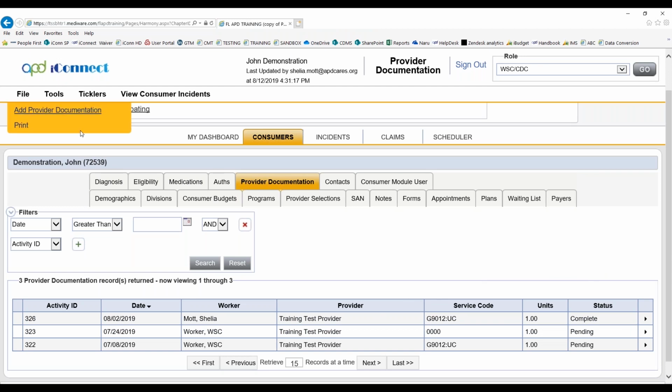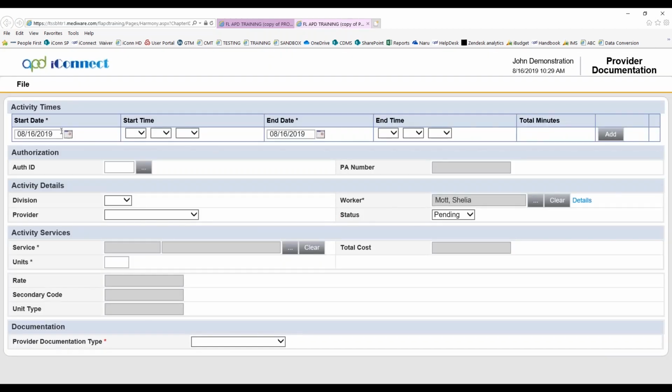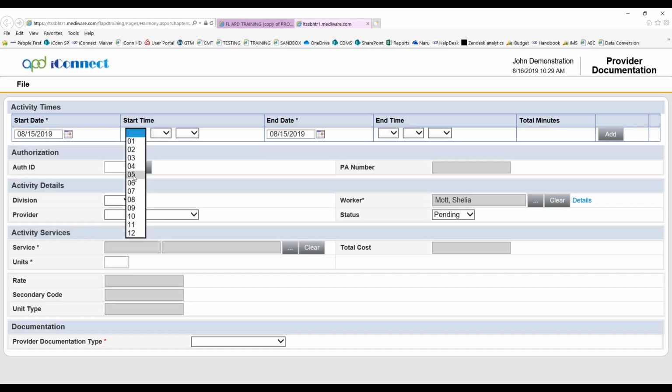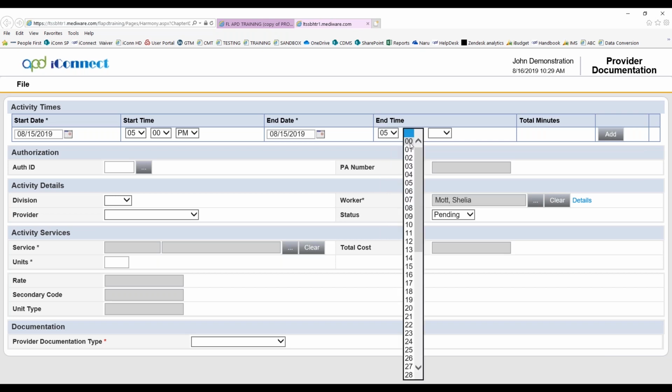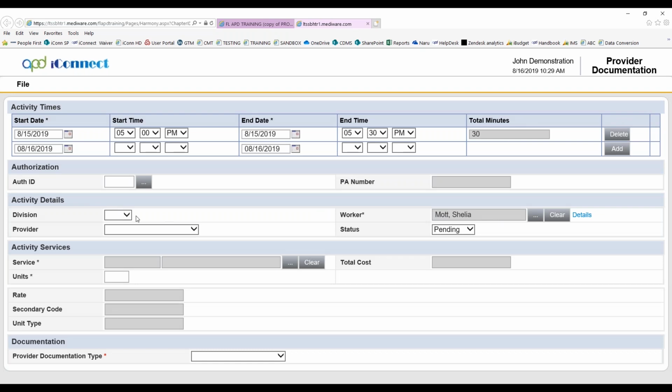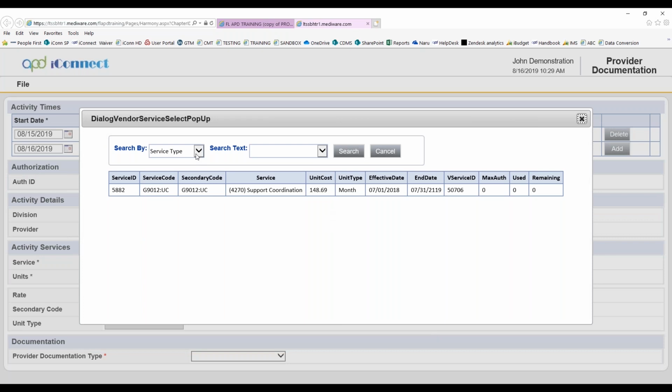And then again, to add the one for the other billable activity, let's say we saw John yesterday and we saw him at 5 o'clock in the afternoon. We want to make sure that on this screen, we are adding the start time and end time because we are not associating it with his authorization. And then you click add, and that totaled up the minutes. I skip the authorization ID. I add in APD. I add in my provider name, and then I click on the ellipsis to search for the service code, and